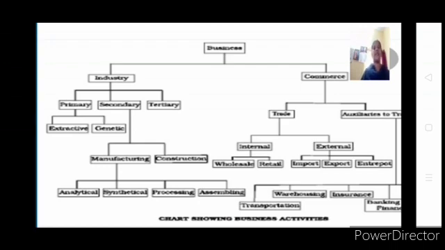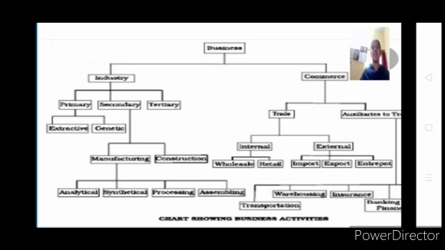Whereas tertiary, I have said that all those facilities which are necessary for primary and secondary industries are given by your tertiary industries, like transportation, warehousing, finance, insurance. All those things will be done by your tertiary, that is service industry we can say. So your basic industry is classified into three, that is primary industry, secondary industry and service industries. Your service industries can also be called tertiary industries. It involves all those services which are very essential for primary and secondary industries to carry on their work.